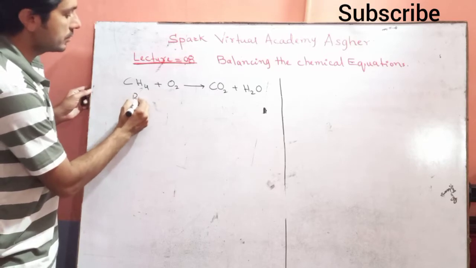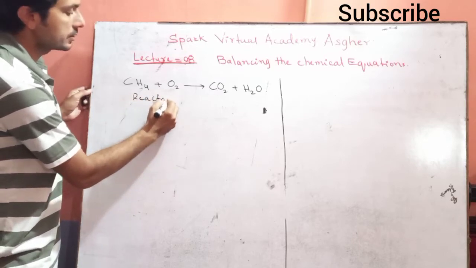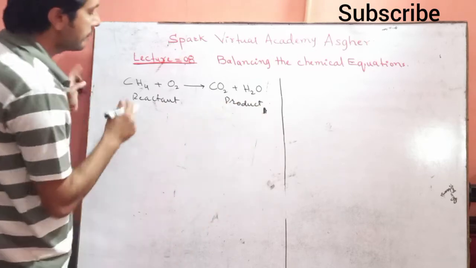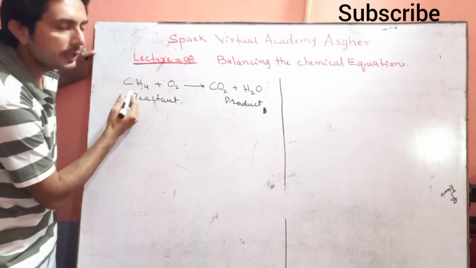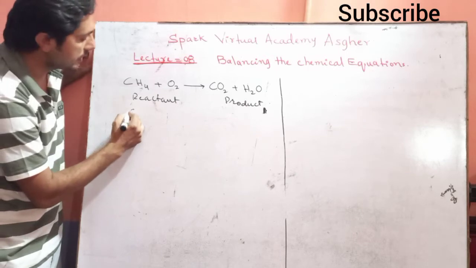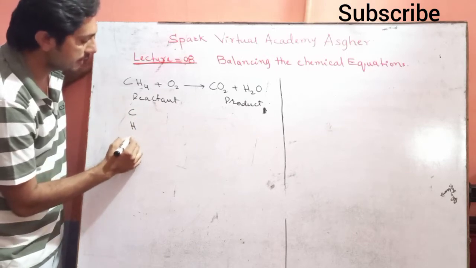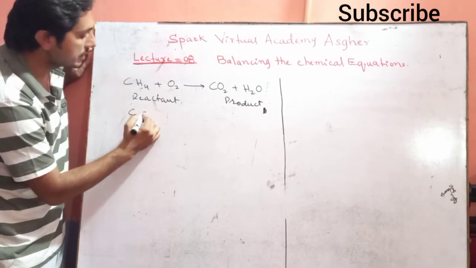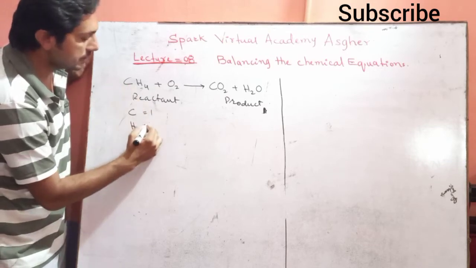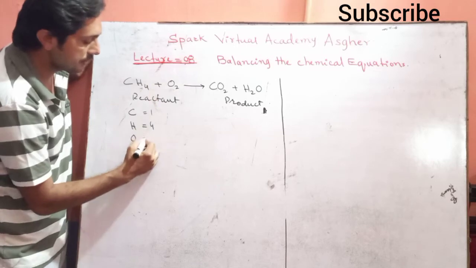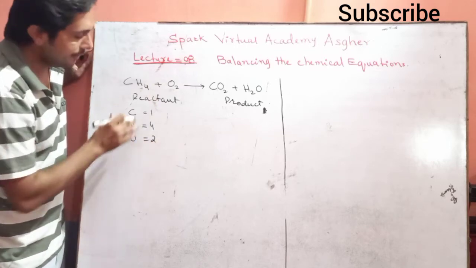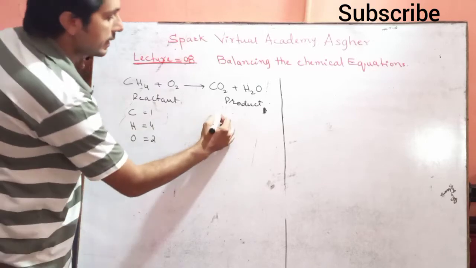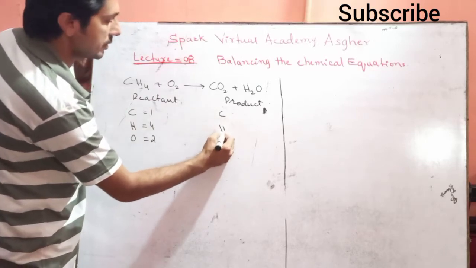If you count the reactant side, that is the reactant side, and that is the product side, as you can see here. Okay, there are 3 different atoms which are reacting together. Number 1 is carbon, the second one is hydrogen, and the last one is oxygen. If you count the number of atoms here, carbon is 1, hydrogen is 4, and oxygen is 2. They are all reacting together, they are burning together, and at the product side again the same atoms are there,